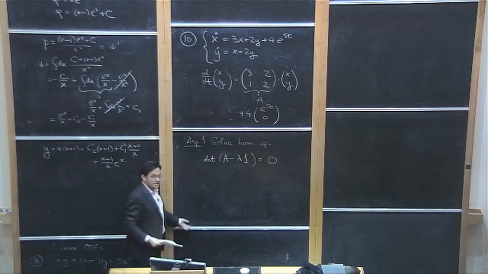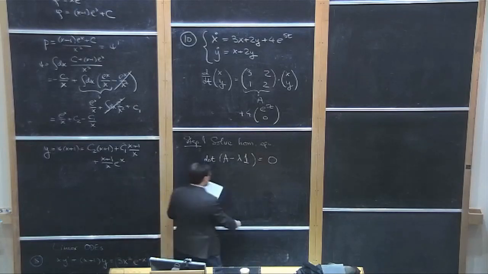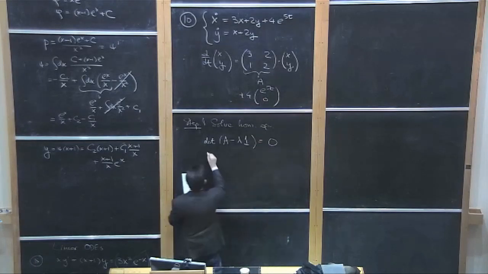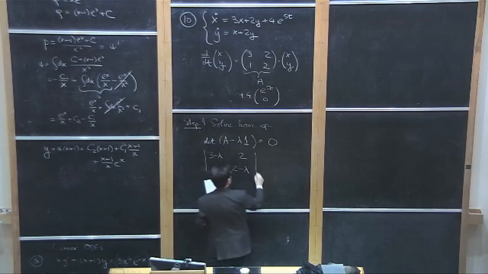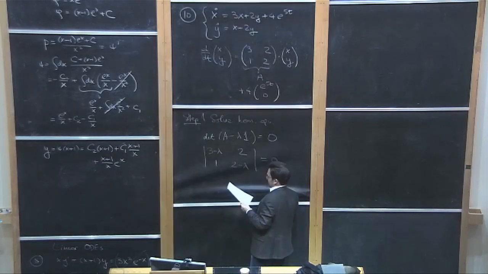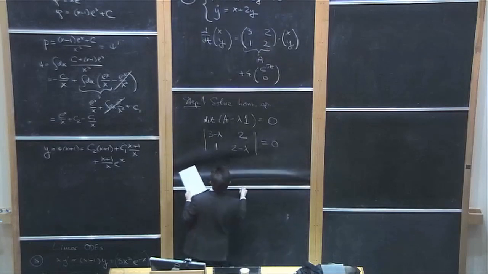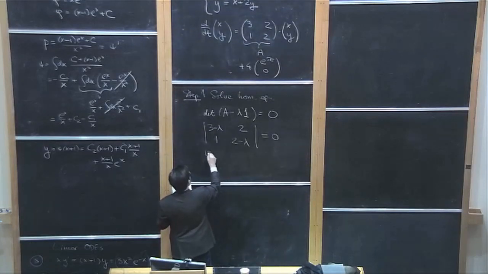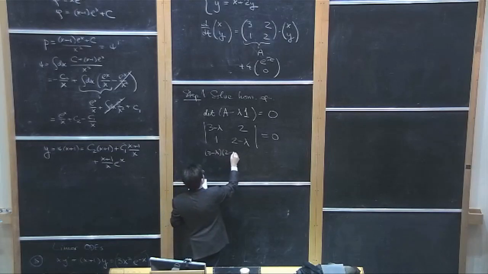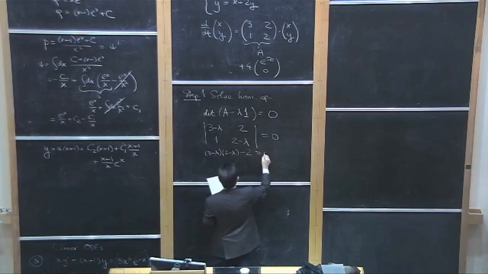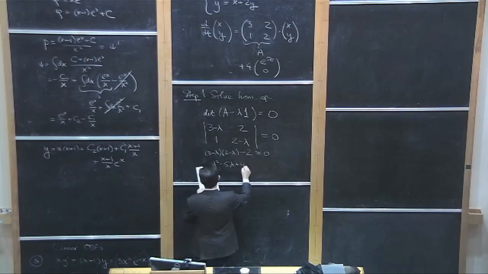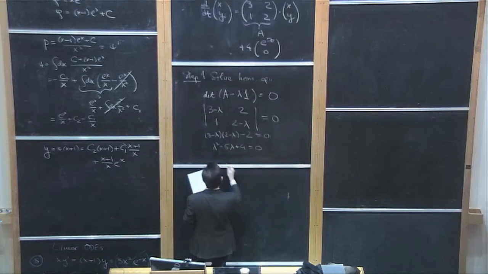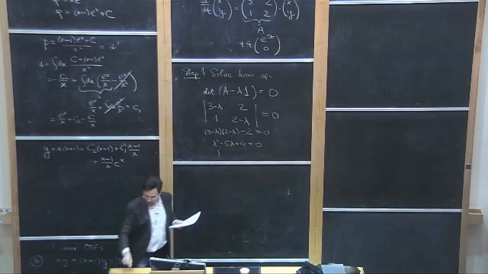okay, so we start by finding eigenvalues of the matrix. 3 minus lambda, 2, 1, 2 minus lambda equals 0. So that determinant has to be 0. So that gives you a quadratic equation. (3 minus lambda)(2 minus lambda) minus 2 equals 0. That's lambda squared minus 5 lambda plus 4 equals 0. And the solutions of that are